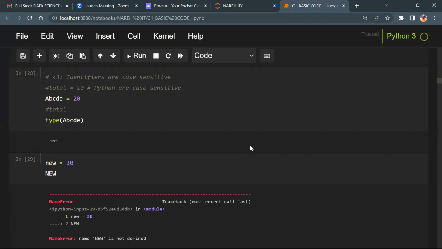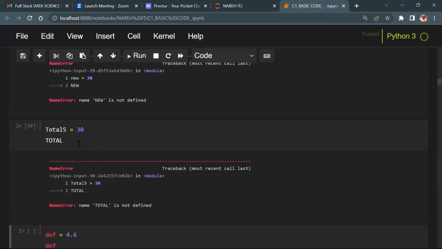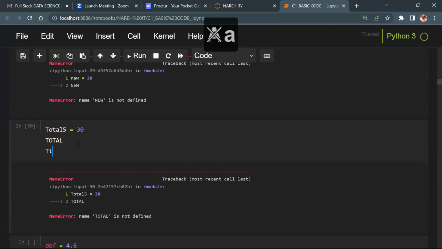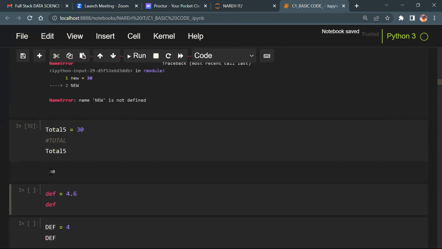Identifiers are case sensitive. Now, total 5 equals 30. What is the output now? Error or not? But if I change to total 5, can we get output? No, because I have to inactive it. Do we get output 30 or not?